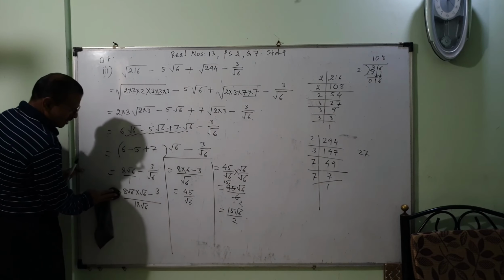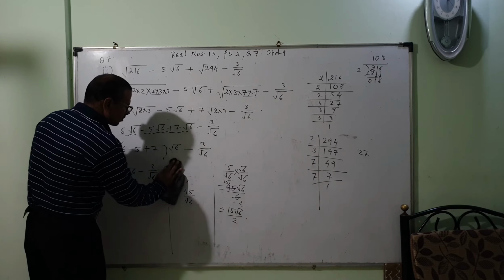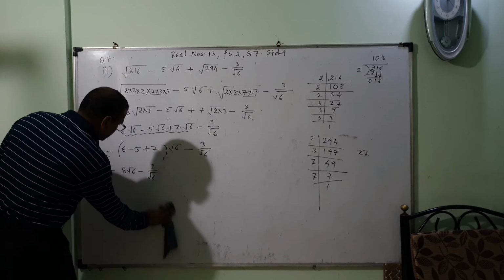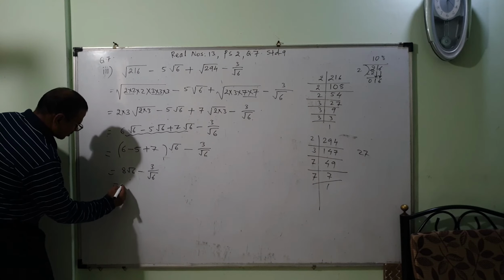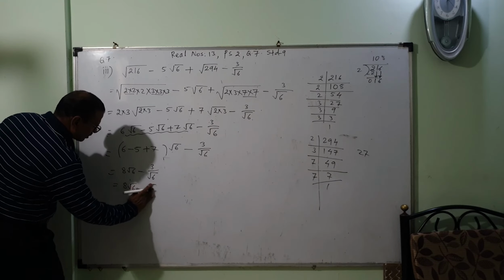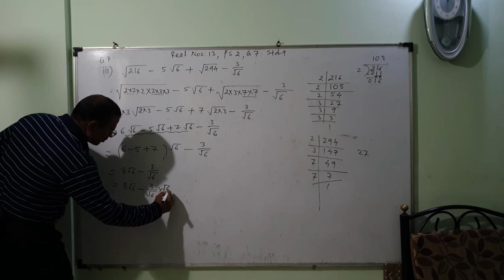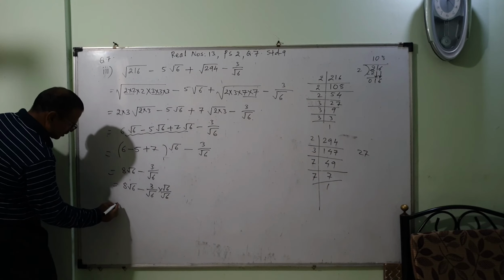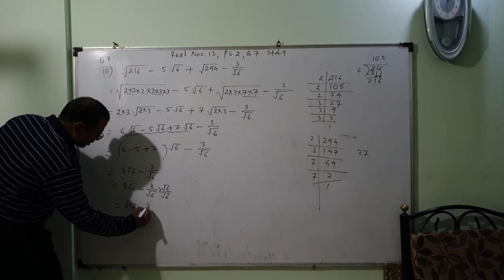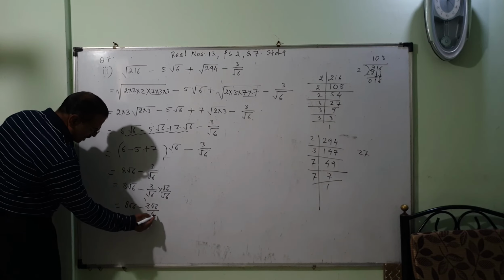Here I am rubbing this and teaching you one another way. If you want to do by the different way, that also is correct. So how you will do is, this I will write as 8 root 6. And this I will rationalize, 3 upon root 6 into root 6 upon root 6. Rationalizing the denominator here itself. So that is equal to 8 root 6 minus 3 root 6 upon 6. So 3 1 the 3, 3 2 the 6.